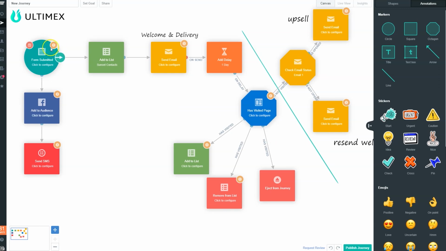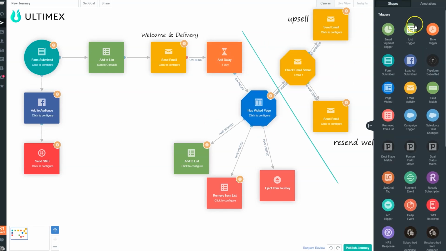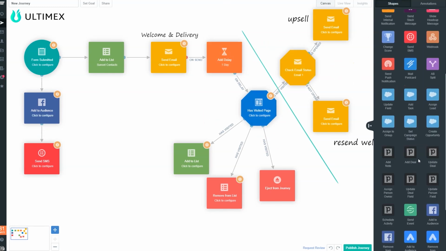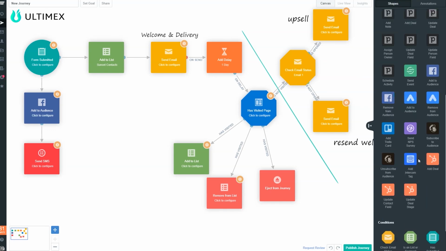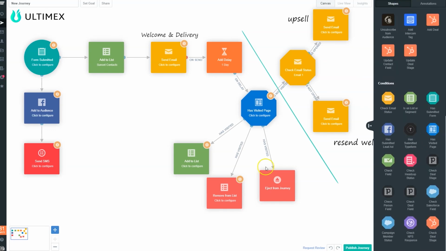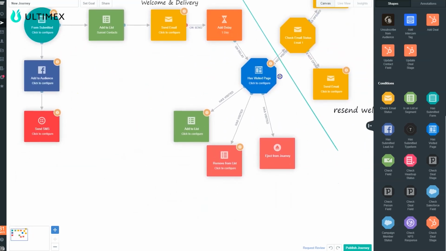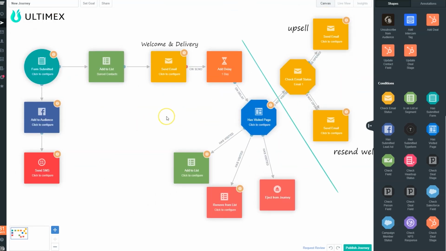And again, it's not just email. As you can see, it's Facebook audiences, it's SMS marketing, a whole lot of other things that we could have done here. We could go in here and integrate with that postcard shipping service and have postcards sent to these people depending on what information they submitted in the form. You can do pretty much anything with marketing automation,